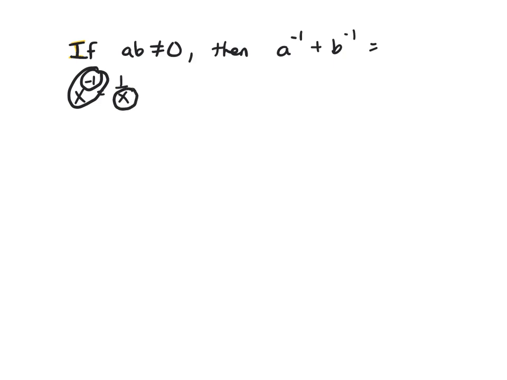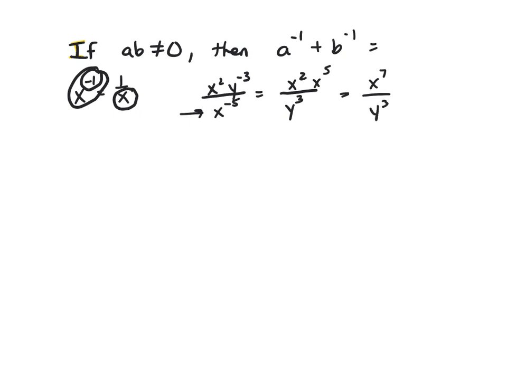So if I had x squared y to the negative 3 over x to the negative 5, you leave the x squared because it's a positive exponent, but you move the y to the negative 3 to the bottom to make it positive. And now I'm down in the denominator. I'm going to move that to the top to make it positive. And of course, when you multiply like bases, you add your exponents, so you have x to the 7th over